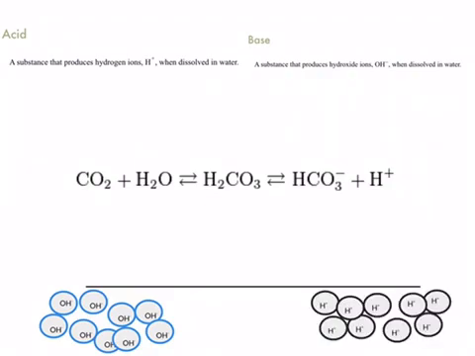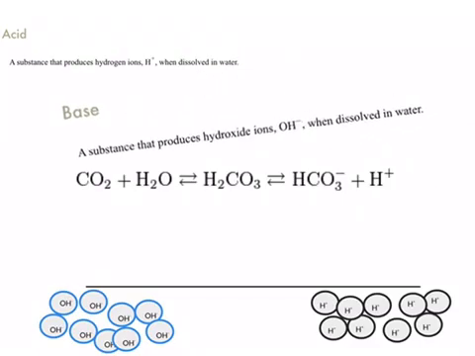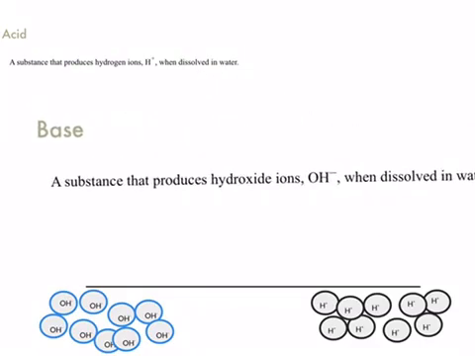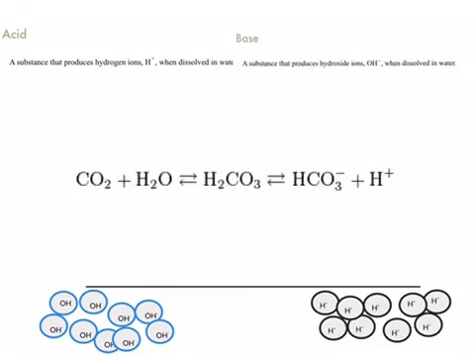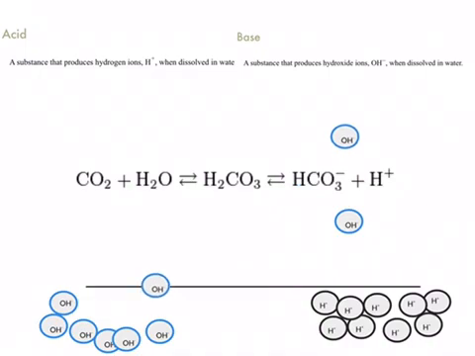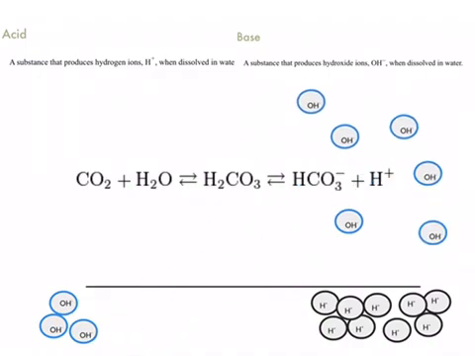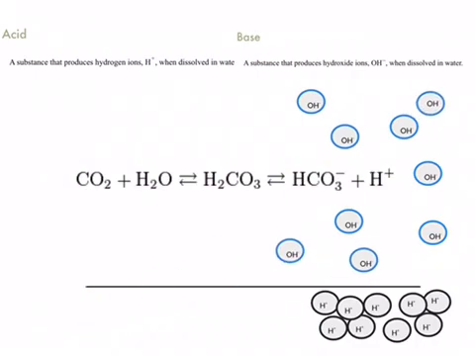But what happens if it is too basic? And like we said, a base is a substance that produces hydroxide ions when dissolved in water. So let's say we have a situation where we have a lot of these guys here. All right, I'm just resetting this. Here we go. So we've got a situation where it is very basic. What's going to happen is this